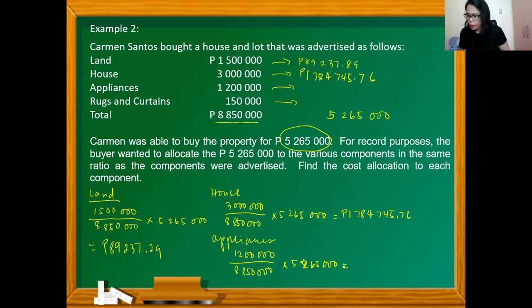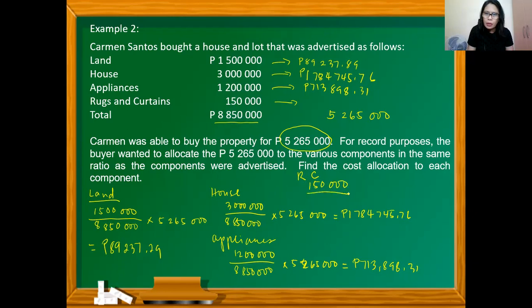So you have 713,898.31. And then lastly, for the rugs and curtains, so this is